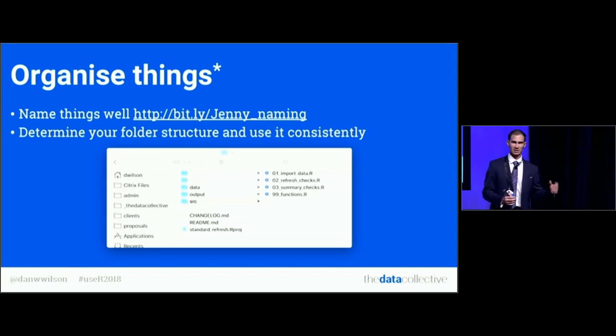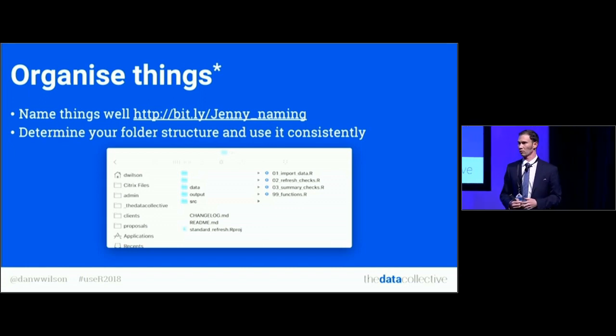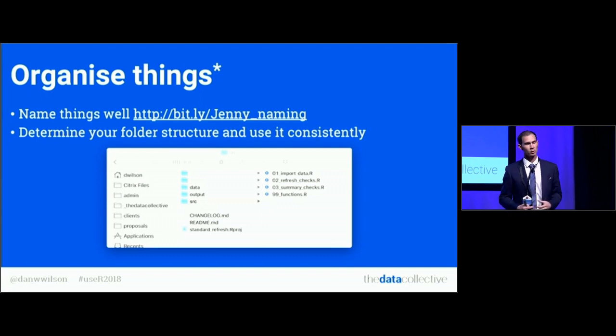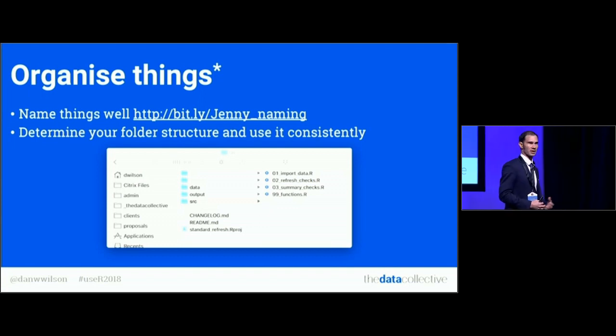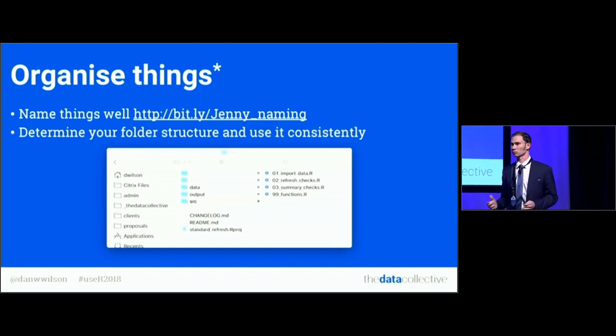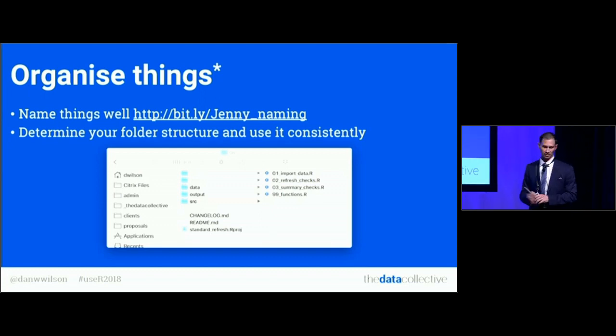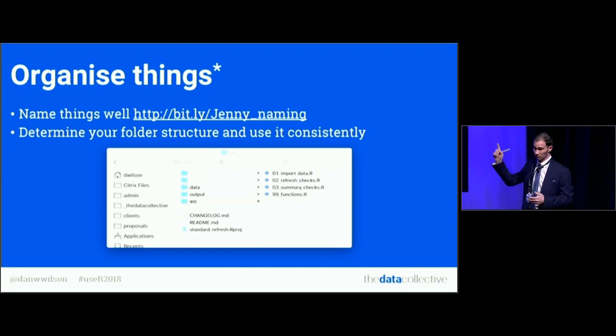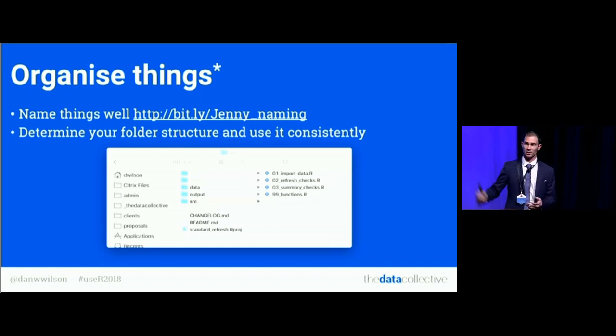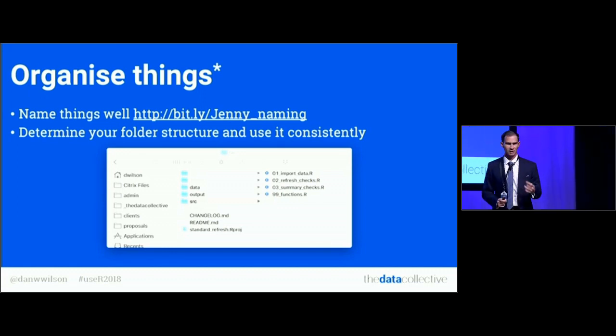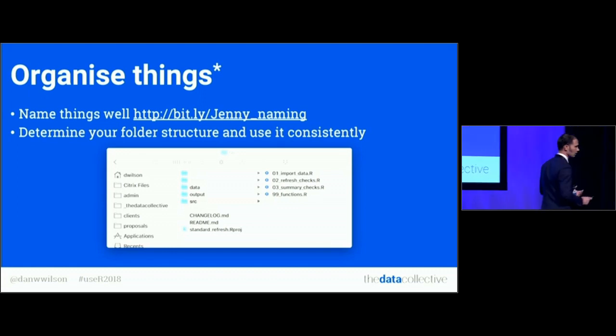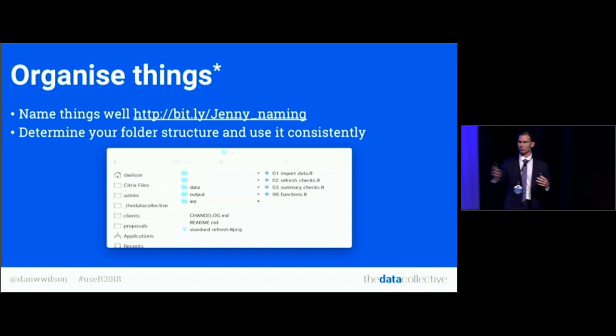If anyone uses a day, month, year kind of format, I would encourage you quite strongly not to anymore. Think about using a year, month, day, or the ISO standard for dates, because it just makes things searchable. Jenny Bryan has done a great paper and a great presentation on how to name things well for machine readability. I'd encourage you to have a look at it. But the other part of that comes down to thinking about your folder structure. How are you going to consistently across projects